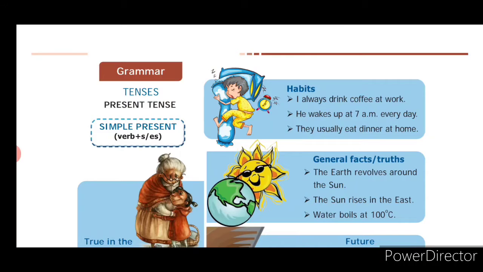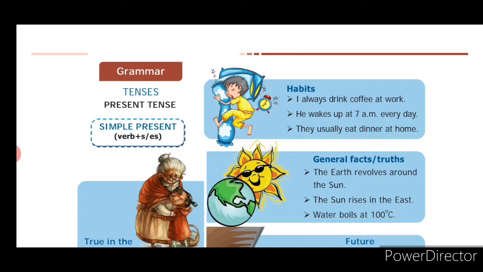Okay. So now I'm going to put a question here. Why is the tense used? So you all have learned what is tense and what are the three forms of tense we have in English. So why is the tense used, children? Yes. Tense is used to know when events or actions occurred in time, that is in the past, present or future. So we are able to know when the events or action occurred, whether it is in the past or in the future or in the present.